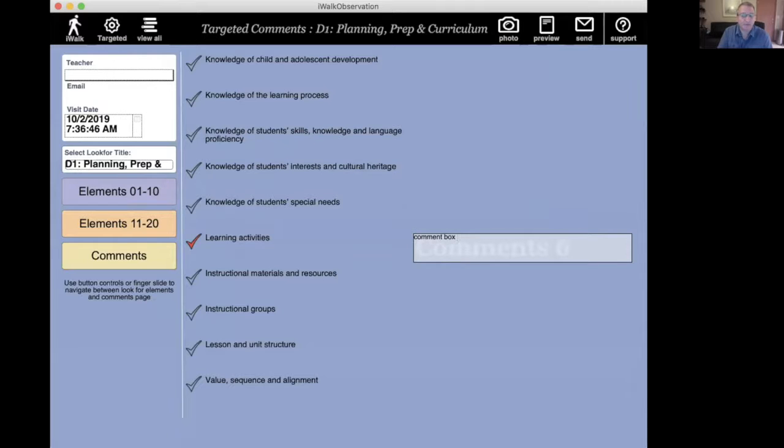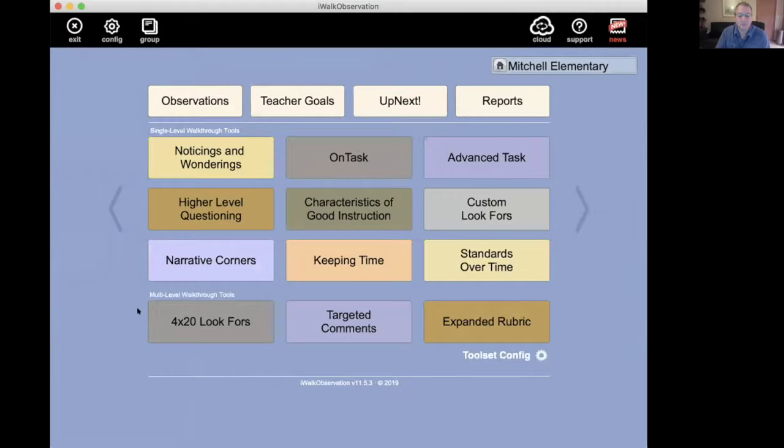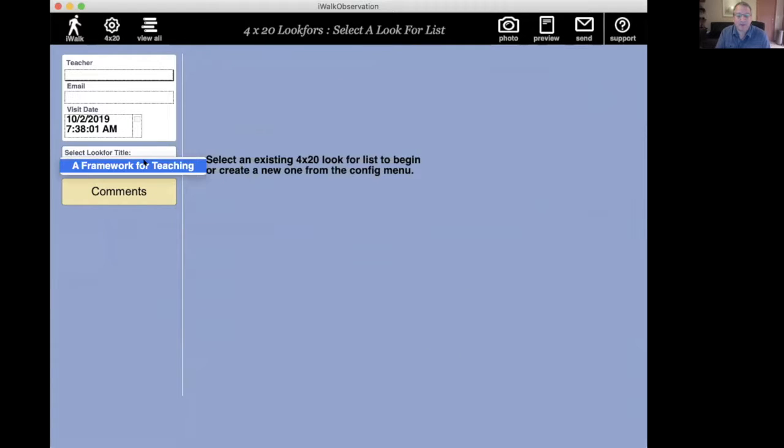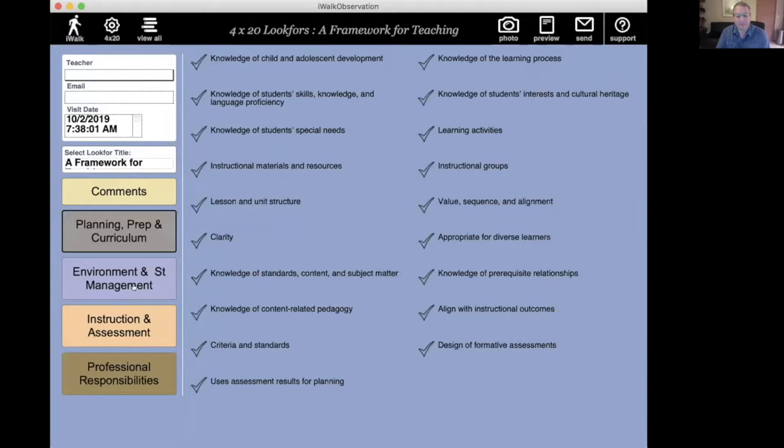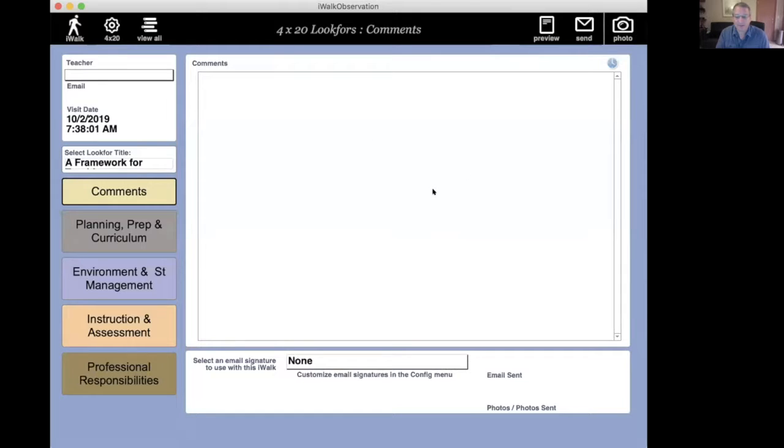Again, if any questions have come up, please make sure you put those into the Q&A. So let me show you again one more time, because these have both been loaded with the same data set, but there's a nuance in the way the observational tool would be used in the classroom. On the 4x20, I can put in my rubric, and I have up to 4 categories per set, and each category, or if we talk with Danielson's language, each domain would have up to 20 elements. My comments is one complete narrative field,